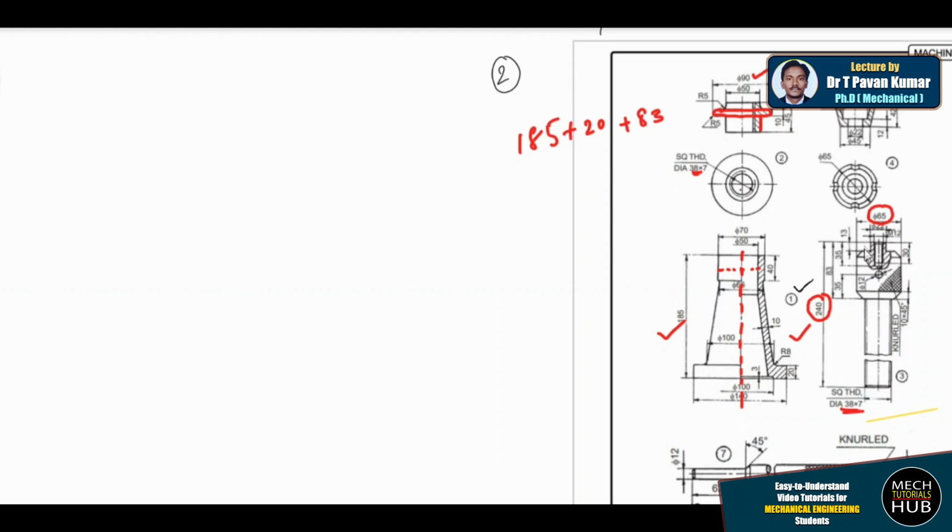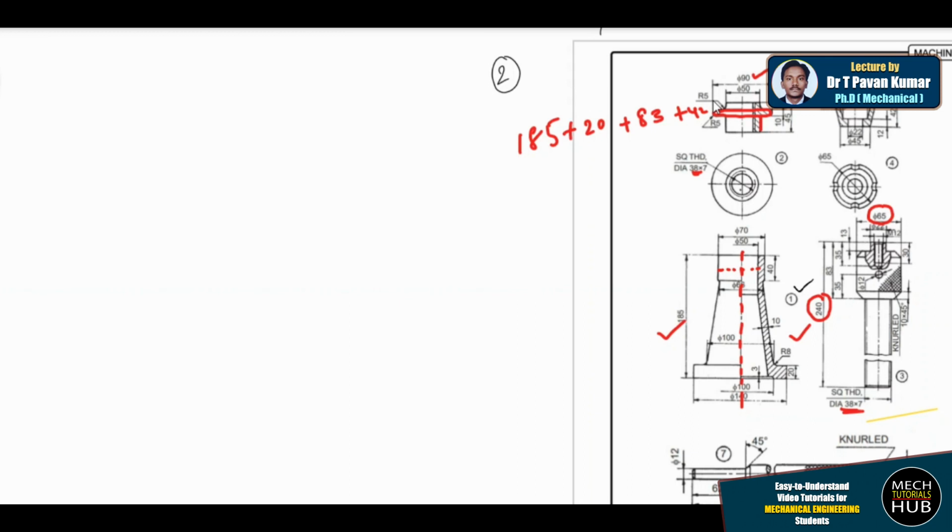All right, after that, on the top of part number 3, once it is placed, this part number 4 is going to sit, which is maintaining a height of 42. It is not going to insert, only going to be placed on the top. So plus 42. Your front view is going to maintain this much height.